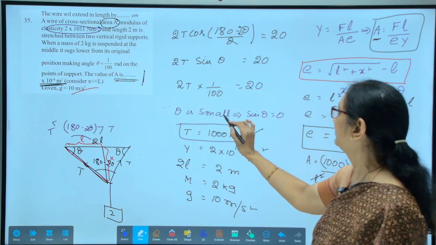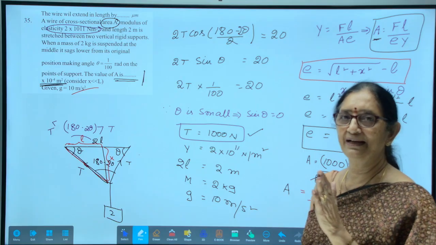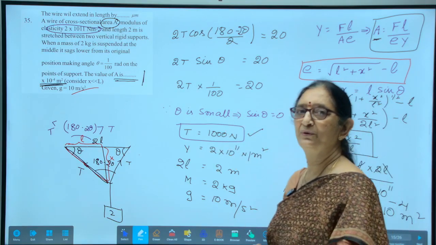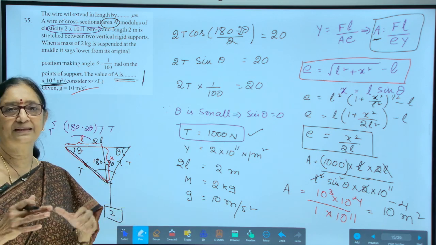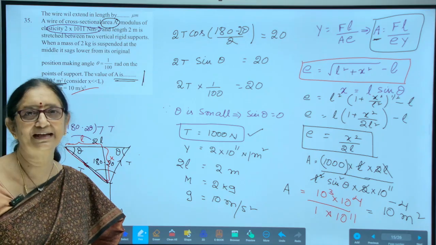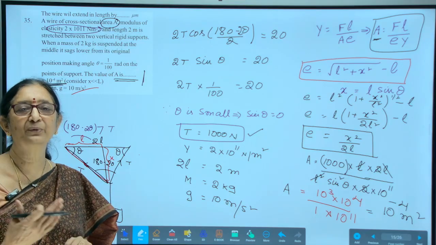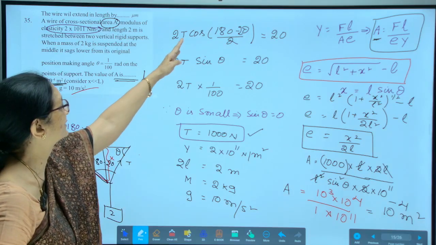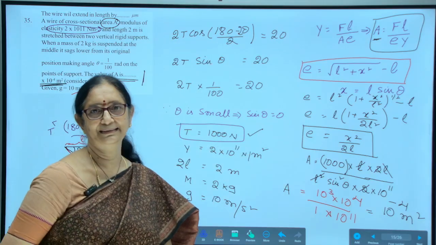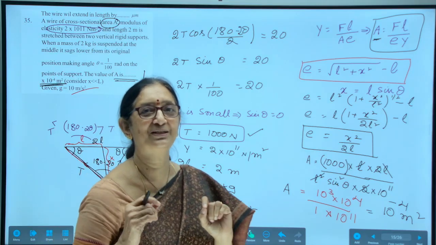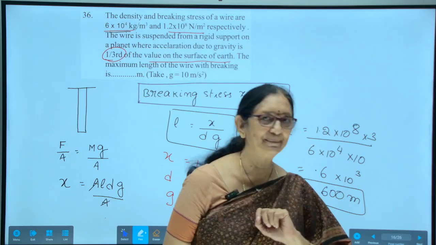And another thing is, theta is given as 1 by 100 radian. As theta is very small, sin theta is equal to theta, from which we could get the tension. To find out the tension, as these two are equal, the resultant of two equal forces at an angle theta is given by 2P cos theta by 2. But here in place of theta, we have 180 minus 2 theta. So, on substitution, 2T cos of (180 minus 2 theta) by 2 is 2T sin theta. So, you do it by yourself, definitely you get thrilled. Okay, move on to the next problem.